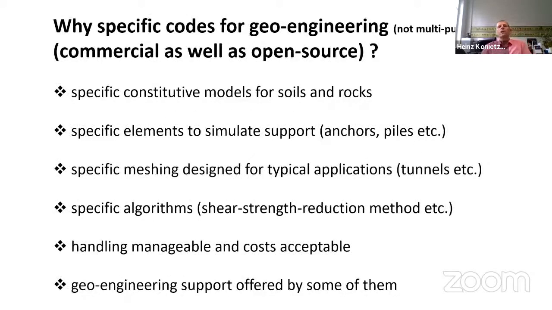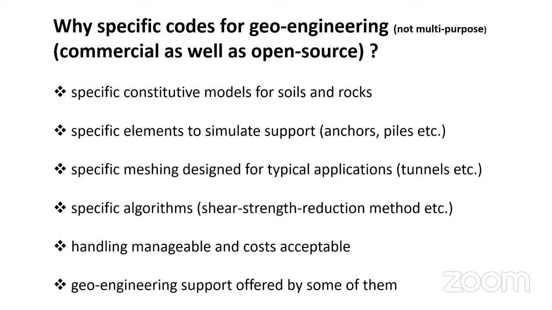Now the question may arise, why do we have specific codes for geoengineering? This could be either commercial codes, but also open source codes. Why not using these very powerful multi-purpose codes? And here I have a few arguments. First is that we need specific constitutive models for soils and rocks, and they are often not available in these multi-purpose codes. We also need very specific elements to simulate support,